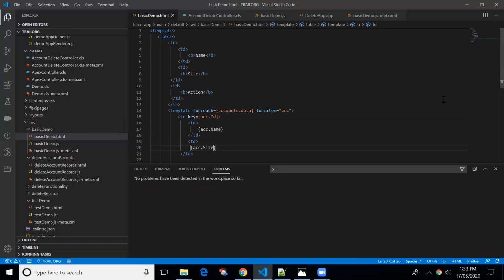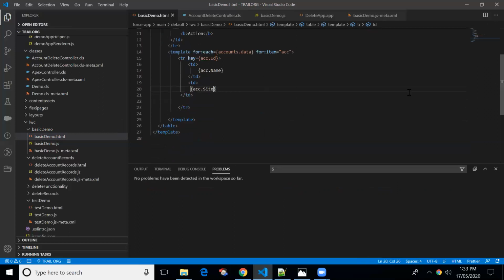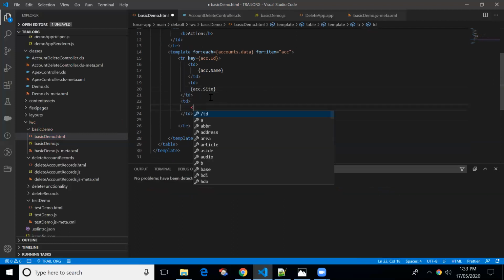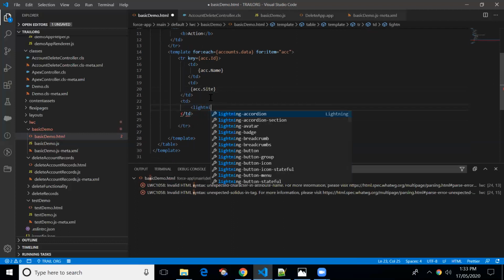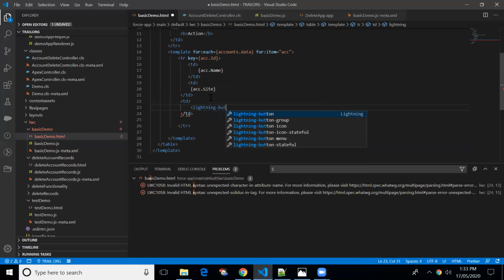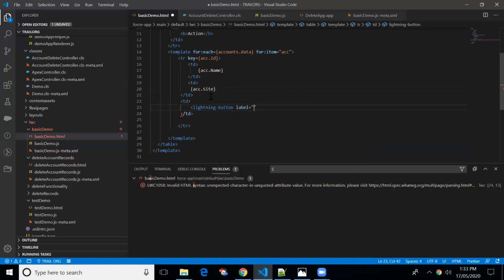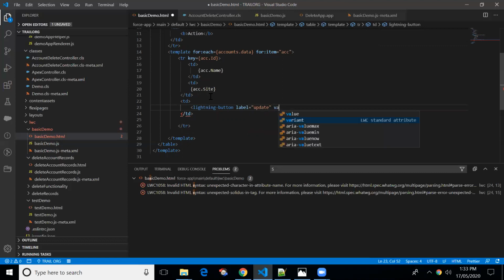So I'll be passing the current ID to the button. Let me create a button. I'll pass the ID to the button. Lightning button, label equal to update, variant equal to brand.